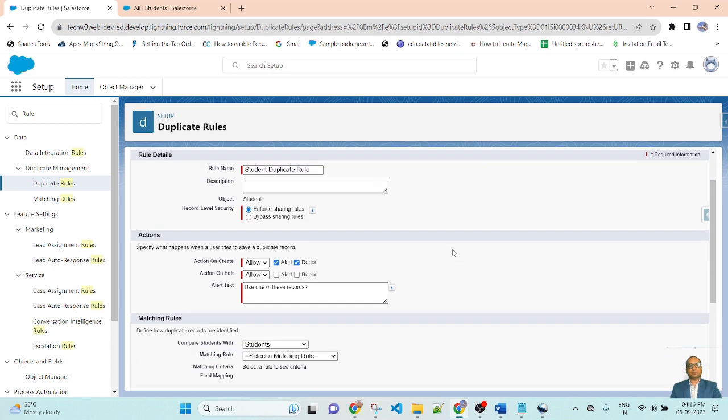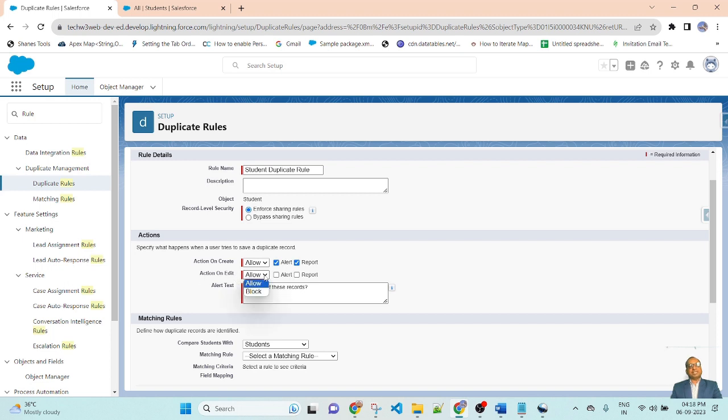And in the action, there are three options: action on create, action on edit, alert text. If you select allow, then the system will display a duplicate rule alert message, but it will allow creating a duplicate record. And this is the action on edit.